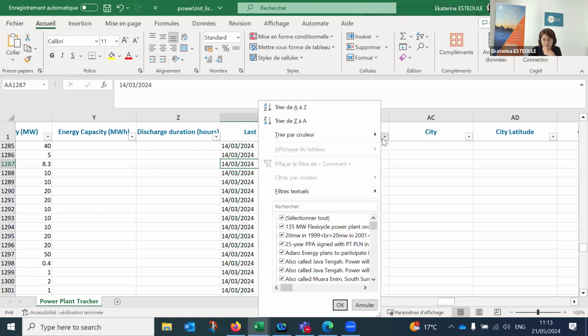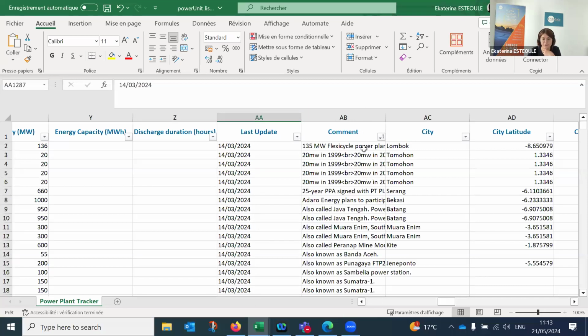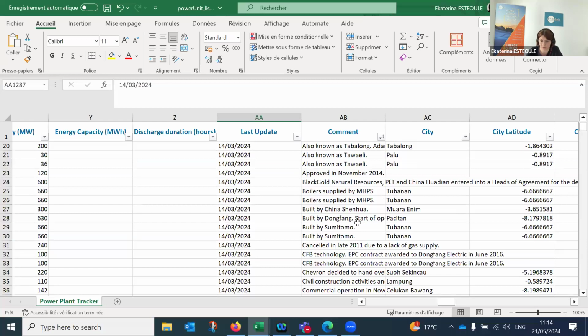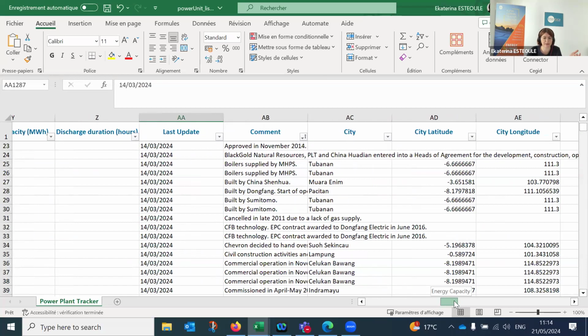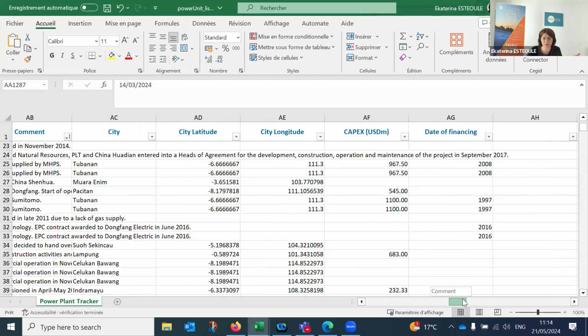Also here there is an interesting section, comment one. So here you may find some additional information, available from time to time, especially if it relates to, I don't know, frozen status, or it relates to the CapEx or technology used in the power plant. So here you will find an additional layer of information that will bring you some additional insight to a specific plant or specific unit. And of course, we cover information on location, the CapEx information, and financial.